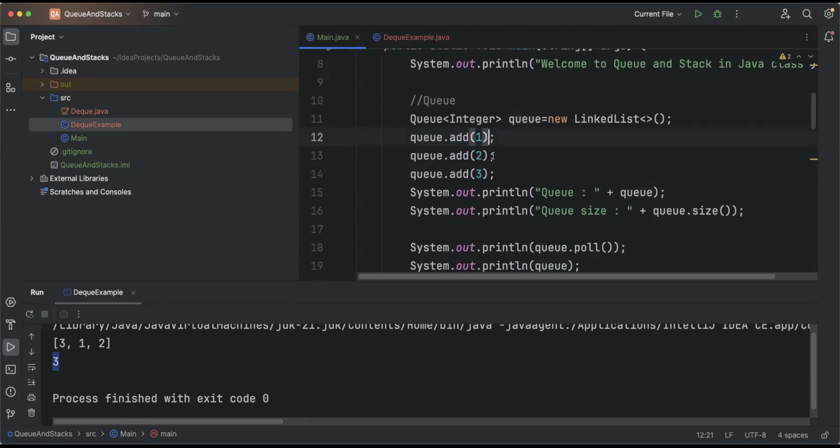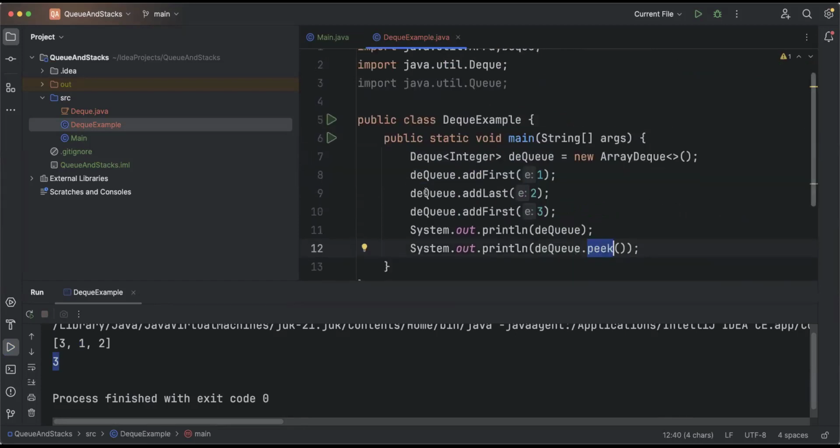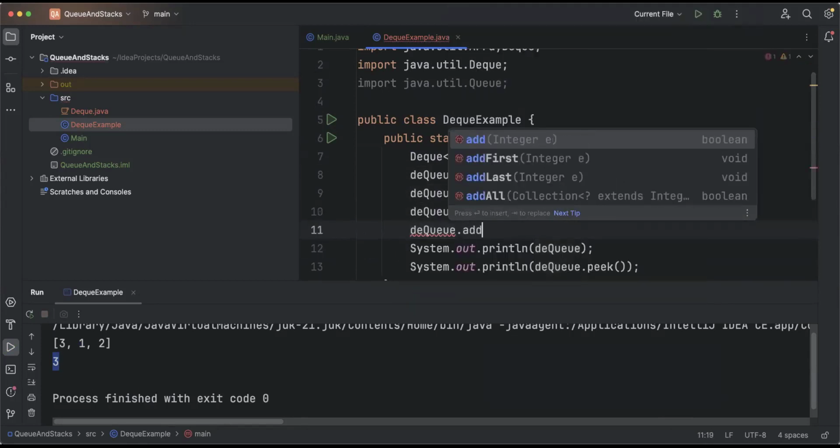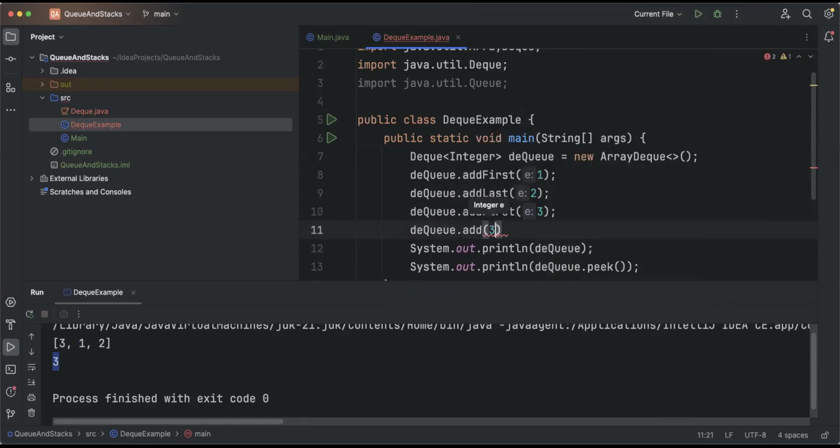So 1 comes first, it goes out first, anything like that. But in the DQ, it's a double-ended queue, where if you add to the first, it remains the first, and if you add to the last, it goes to the last. That's pretty straightforward. And as soon as you add another one, let's say you wanted to add, let's say now,